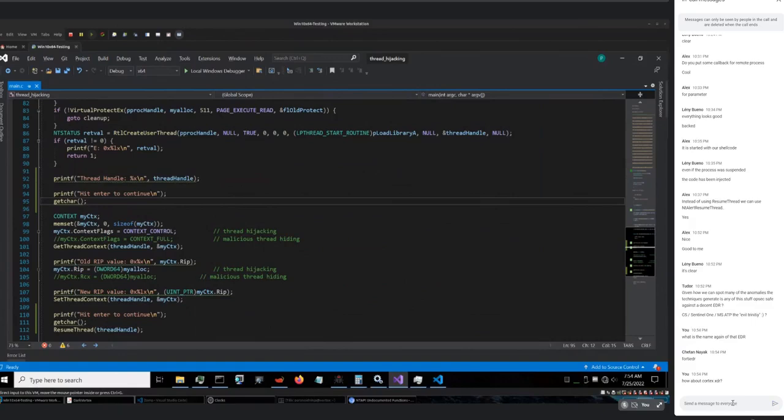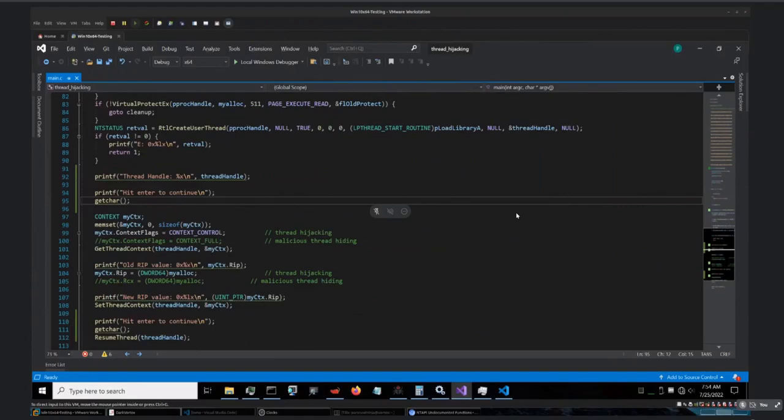Cortex EDR, for me, falls in the same line as Sophos EDR. With just a little bit of tweaking, Cortex does not detect VirtualAlloc or VirtualAllocEx or something else as well. So I won't really consider it in high regard. Probably some of the best EDRs that I have seen are, let's say,